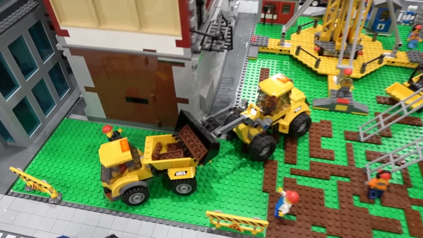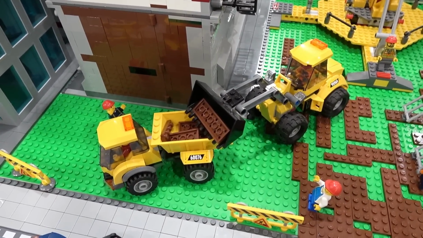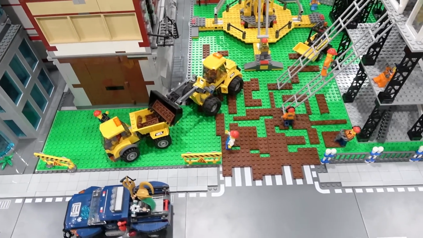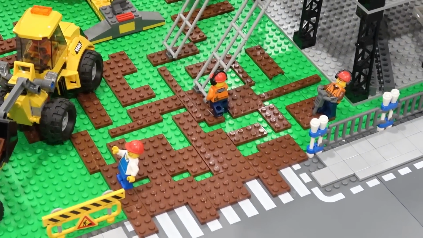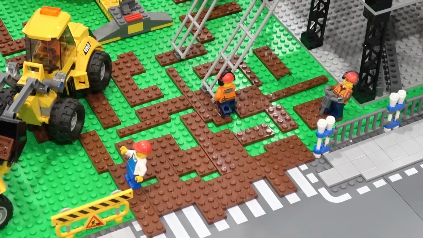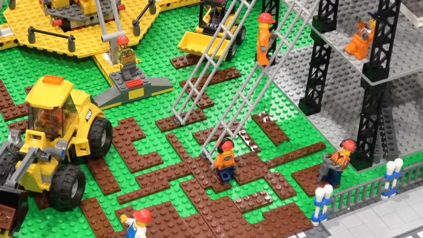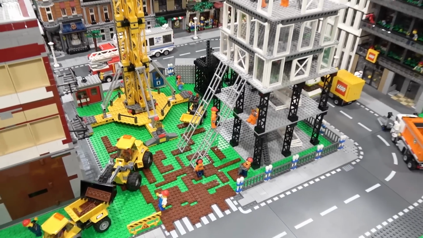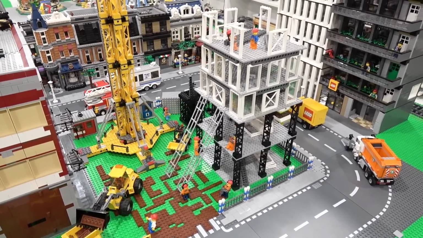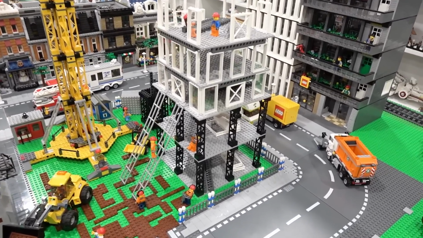You can see we've got the backhoe right here. We've got 2 construction workers screaming orders there. We've got some reddish brown plates here in the entrance of the construction site just to represent some dirt and mud and whatnot. We've got construction workers all throughout. We've used these large grate pieces that look like ladders as they go up to our construction tower here. You can see the base of our tower